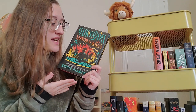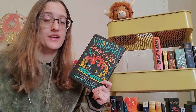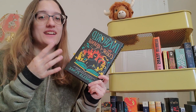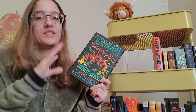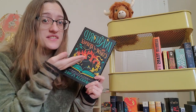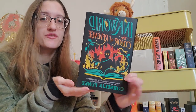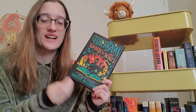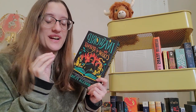Yeah, this follows a character from the Inkworld trilogy, which is Inkheart, Inkspell, Inkdeath. He's like a secondary antagonist character, and he kind of just disappears at one point. Well, we know where he goes and everything, but he's like written out of the story. But this is his book, and he's back to get revenge. This cover is one of the most beautiful things I've ever seen in my life. It's stunning, but I am so excited to read this book. I recently reread the Inkworld trilogy in order to prepare myself for this,